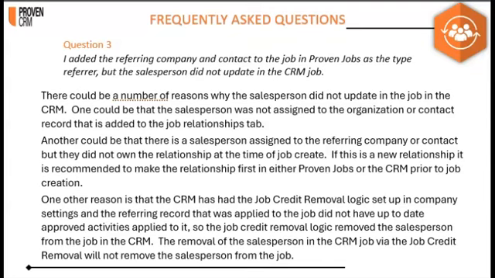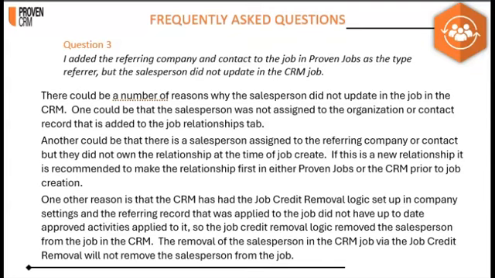Another could be that there is a salesperson assigned to the referring company or contact, but they did not own the relationship at the time of job create. If this is a new relationship, it is recommended to make the relationship first in Proven Jobs or the CRM prior to job creation. One other reason is that the CRM has had the job credit removal logic set up